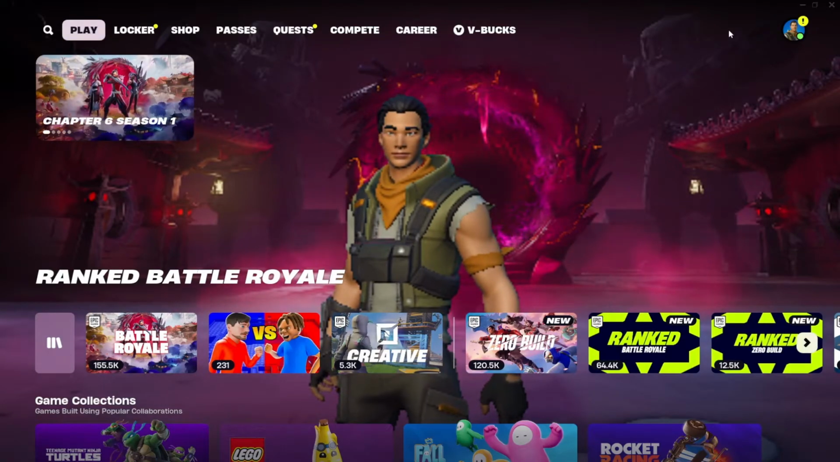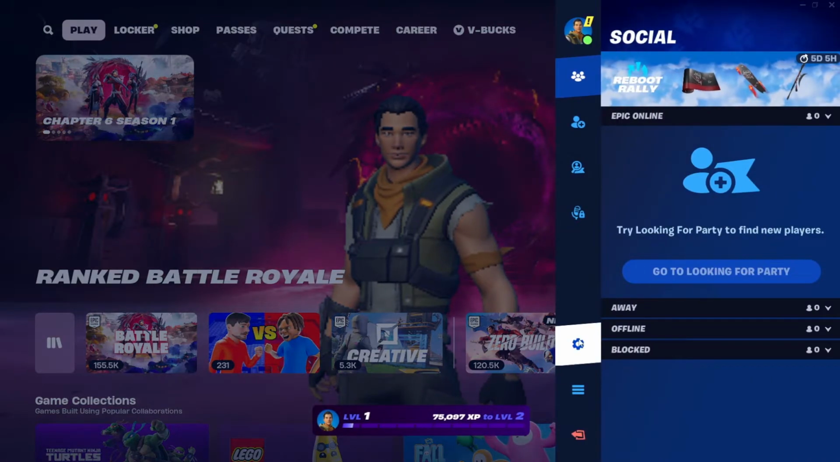Now this is super easy to fix. First of all, you want to open up your Fortnite and click on your profile icon, go to your settings,